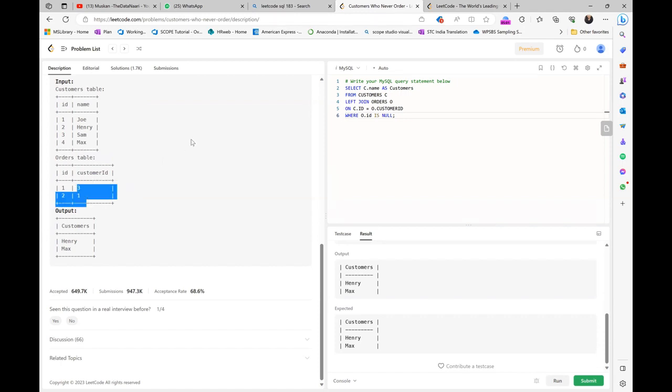If you remember the left join, we had the common things here. 1 and 3 will come here, and 1 and 4 will come here. So I'll get this thing in left join, everything. 2 and 4 will come here and 1 and 3 will come here, right? Now I just want where O dot ID is null. That means we don't have any order ID for that particular customer. Okay, so if you are saying if we use right join,